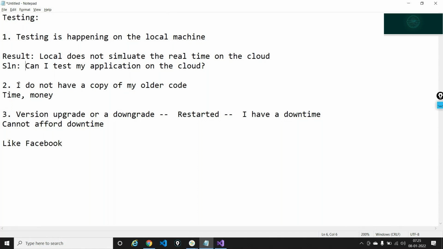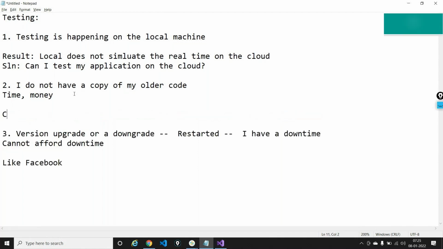Then I do not have a copy of my old code. So can I store a copy not in the local machine? Because if I save the copy in the local machine, there might be issues, right? Because my laptop can crash. I may leave the organization and I can take my entire code with me.